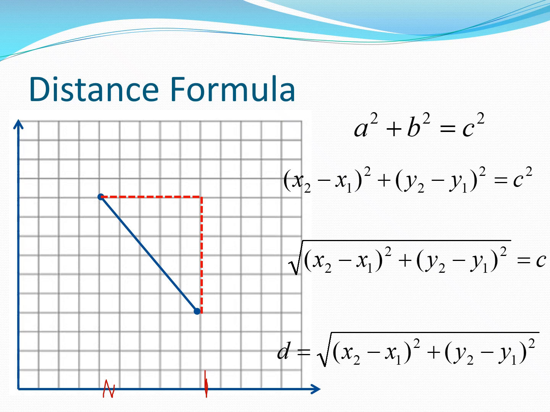So the formula that you write down in your notes is d equals the big square root of quantity x2 minus x1 squared plus quantity y2 minus y1 squared. Understanding that it comes from the Pythagorean theorem is very helpful,